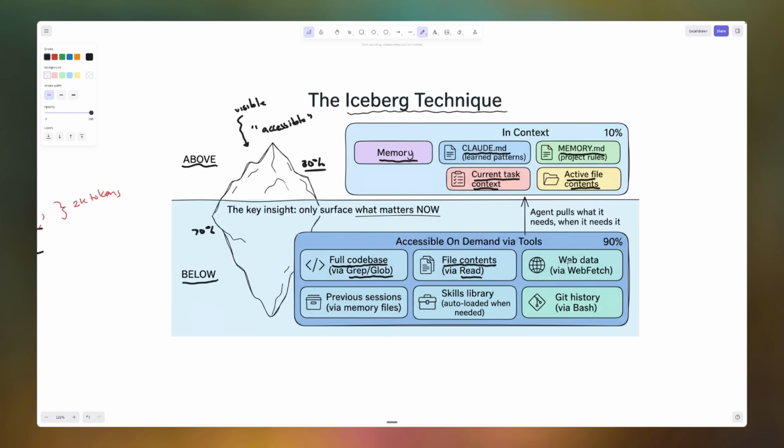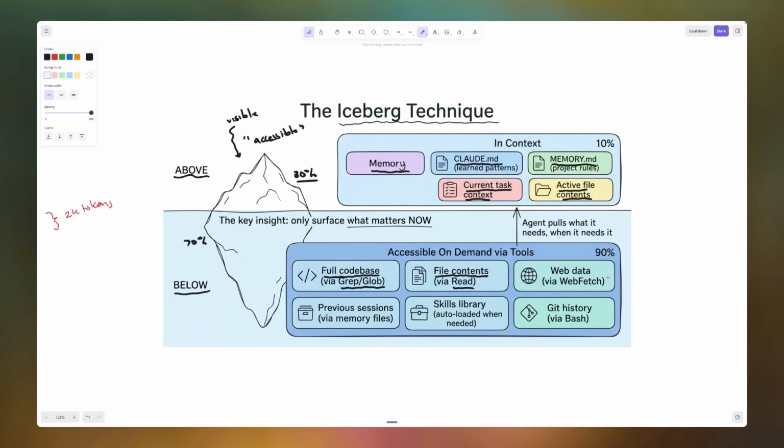Now, you also have web data via web fetch. Web data is pretty cool. You can kind of think of it as the same thing. Obviously, it doesn't have access to the whole internet, but it can make search queries, right? And so because it's able to use some general reasoning, when you say, hey, what's the iceberg technique? First, it's going to start by looking for file contents called iceberg technique. If it can't find any, maybe it'll quickly grep for iceberg to look through the code base. If it can't find that, maybe it'll look through some other things like memory files and the skills library.